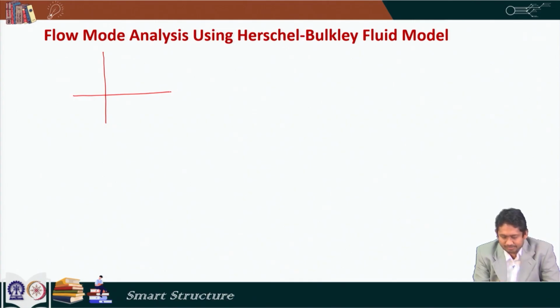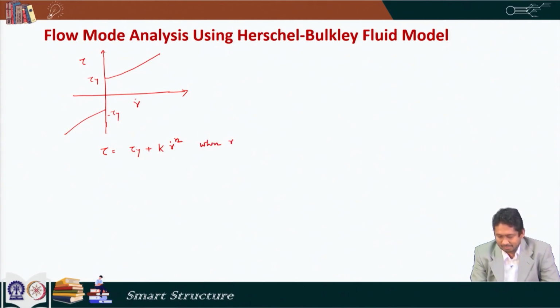So, the post yield behavior is modeled using a nonlinear equation. So, the model looks like this. After the yield point, the shear stress versus shear strain graph looks like this. So, this is our tau y and this we can say minus tau y. So, the equation is tau equal to tau y plus k multiplied by gamma dot to the power n. And this is